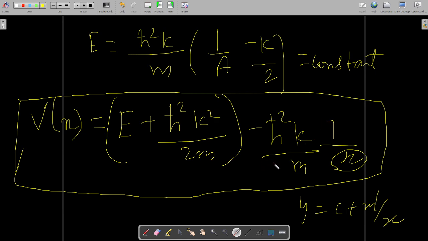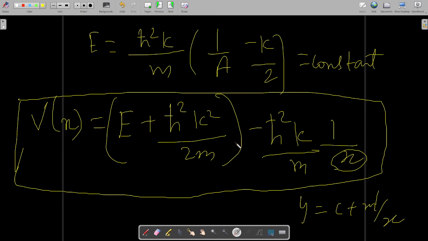So at x equal to infinity, this whole term will turn into 0, and anything minus 0 is that term only. So this term will remain. Okay, this term will remain. So basically, we can draw the graph based on this, and also